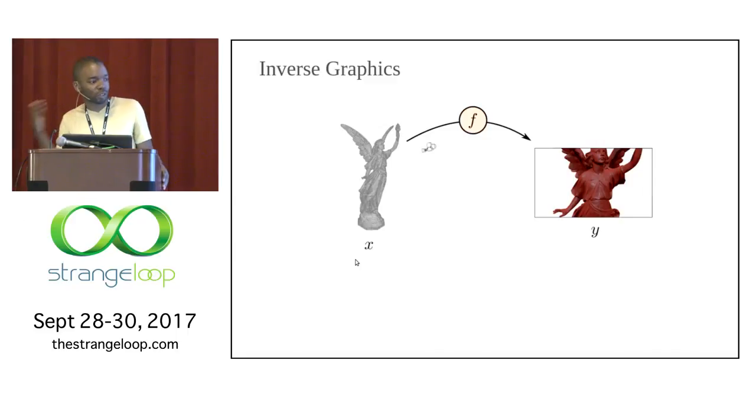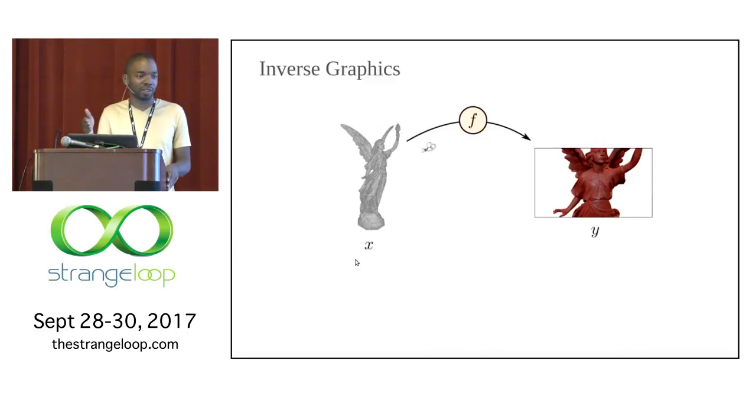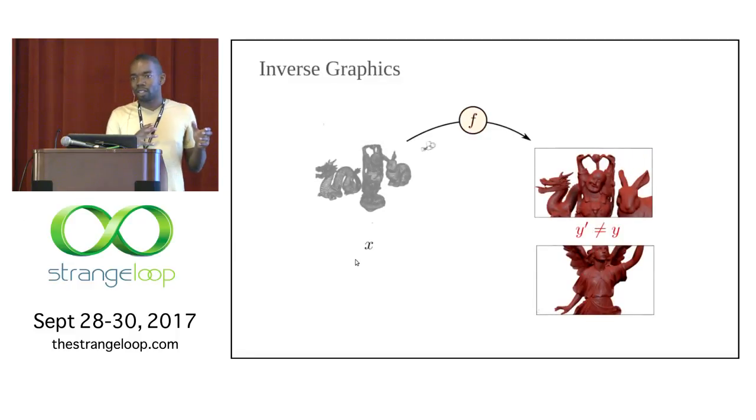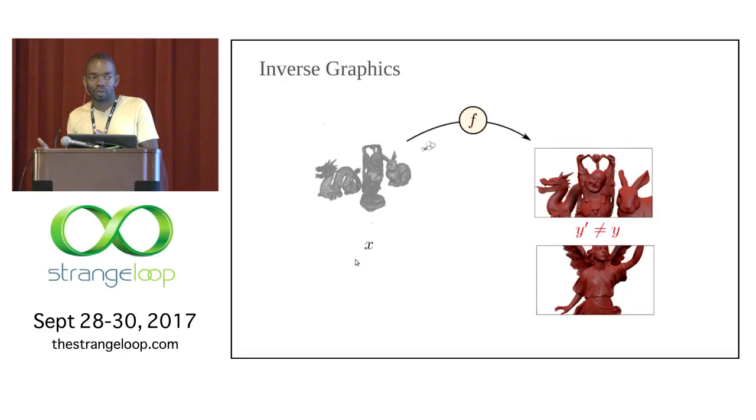And so you can think of vision, seeing, as the inverse of that process. I get 2D images into my eyes, and I go backwards to construct a 3D representation of the world. That's a very old idea, but we're trying to take that idea literally. The reason it's a difficult problem is because there's lots of information loss in the forward process. I've got 2 different 3D shapes, 2 different x's, and they both create the same image as an output, right? Because there's some cropping. And at the same time, there are many things which don't create a desired output. So this is the kind of problem that's hard for normal machine learning algorithms, and so we need a different approach.